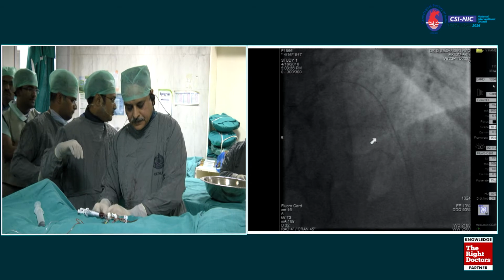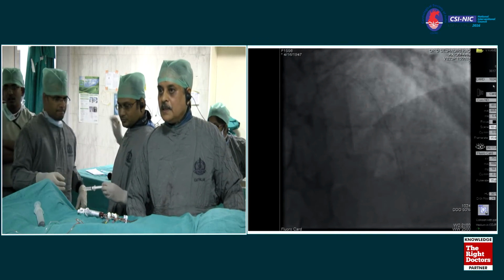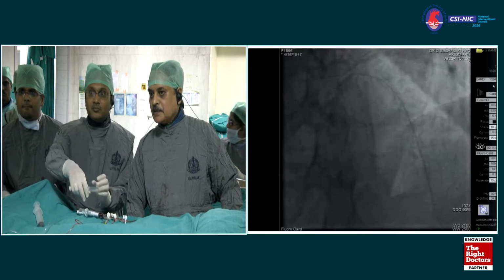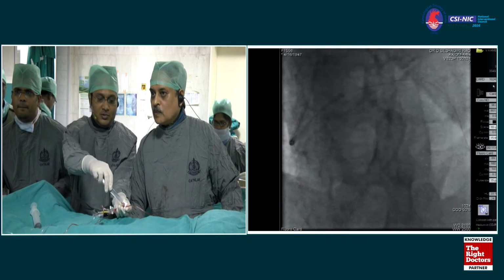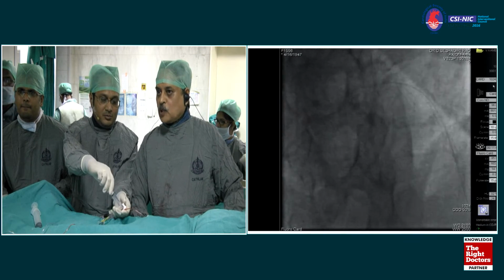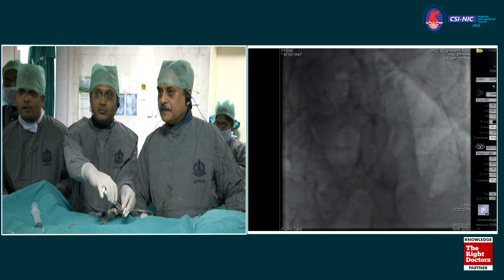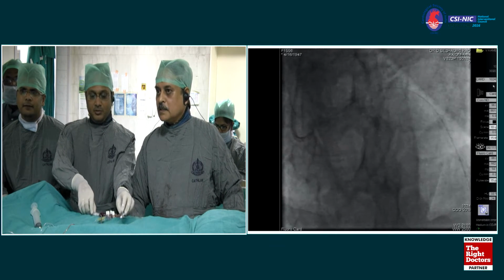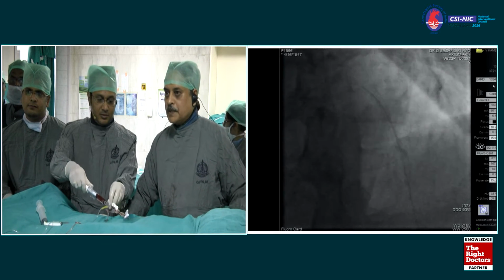Probably it was predetermined to use a tapered stent. Yeah, the diameter difference is more actually. Everyone has the individual choice. The proximal segment is almost 3.5 and the distal one is about 2.75. It's in diameter. One stent cannot afford. Ready? One minute, sir. Okay.